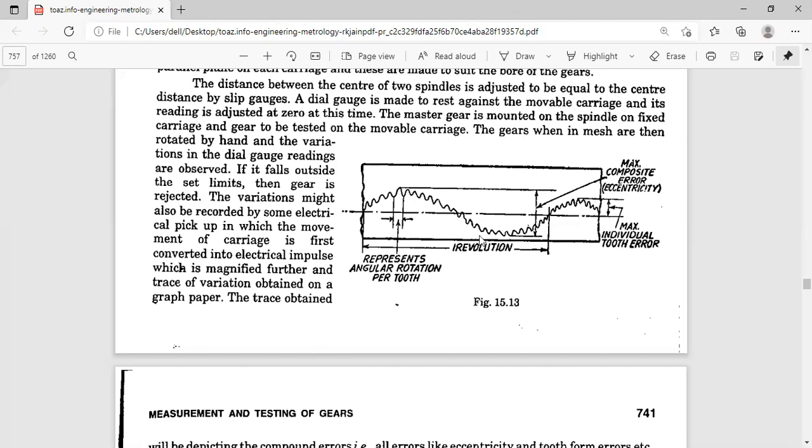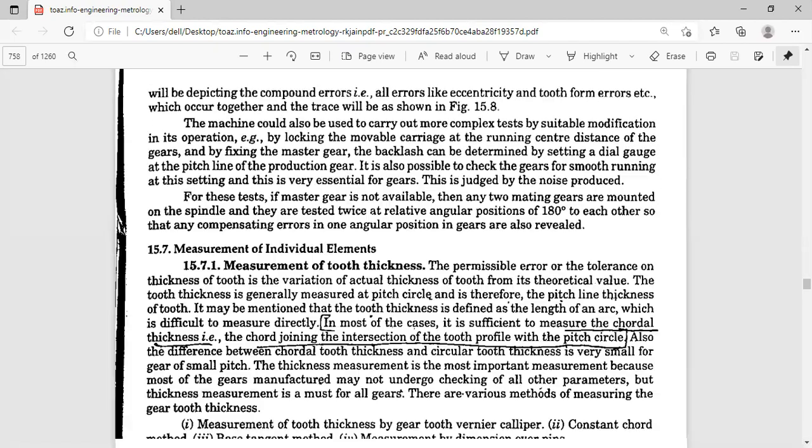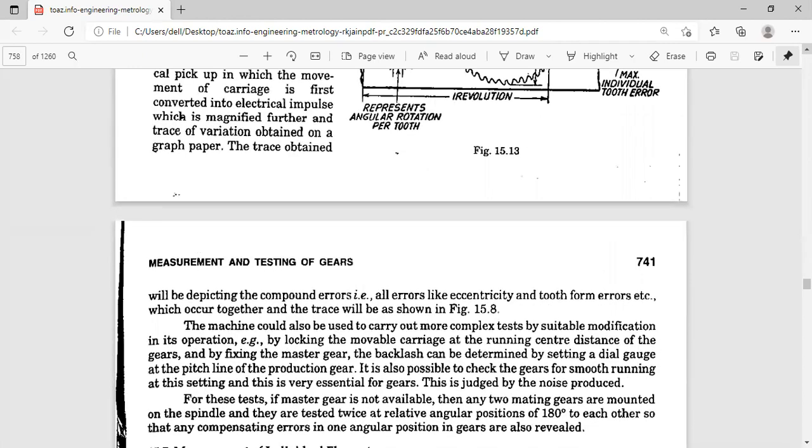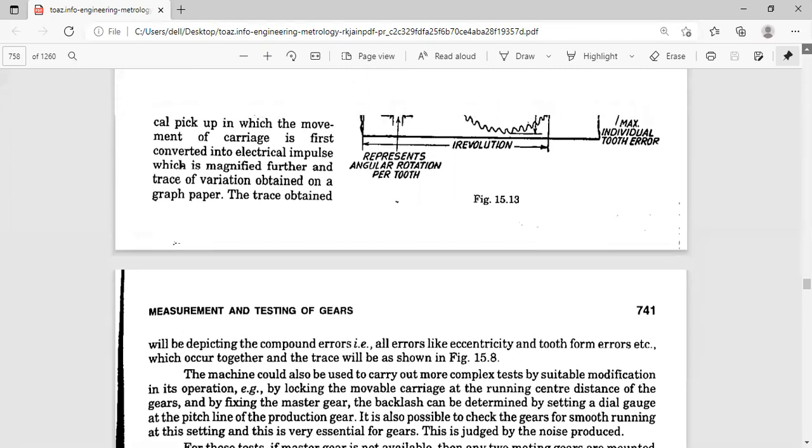You have to record it on graph paper, and the graphical trace obtained will be a direct indication of all the errors, like eccentricity and tooth form errors.